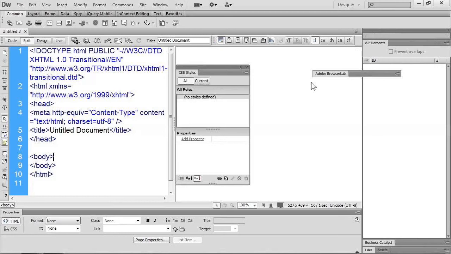In this slide, I have divided my Dreamweaver window into two parts with the help of the split option. One part contains the coding area, and the second part is the designing area. Meaning, if you want to see the coding and the designing at the same time, then you can click on the split option.